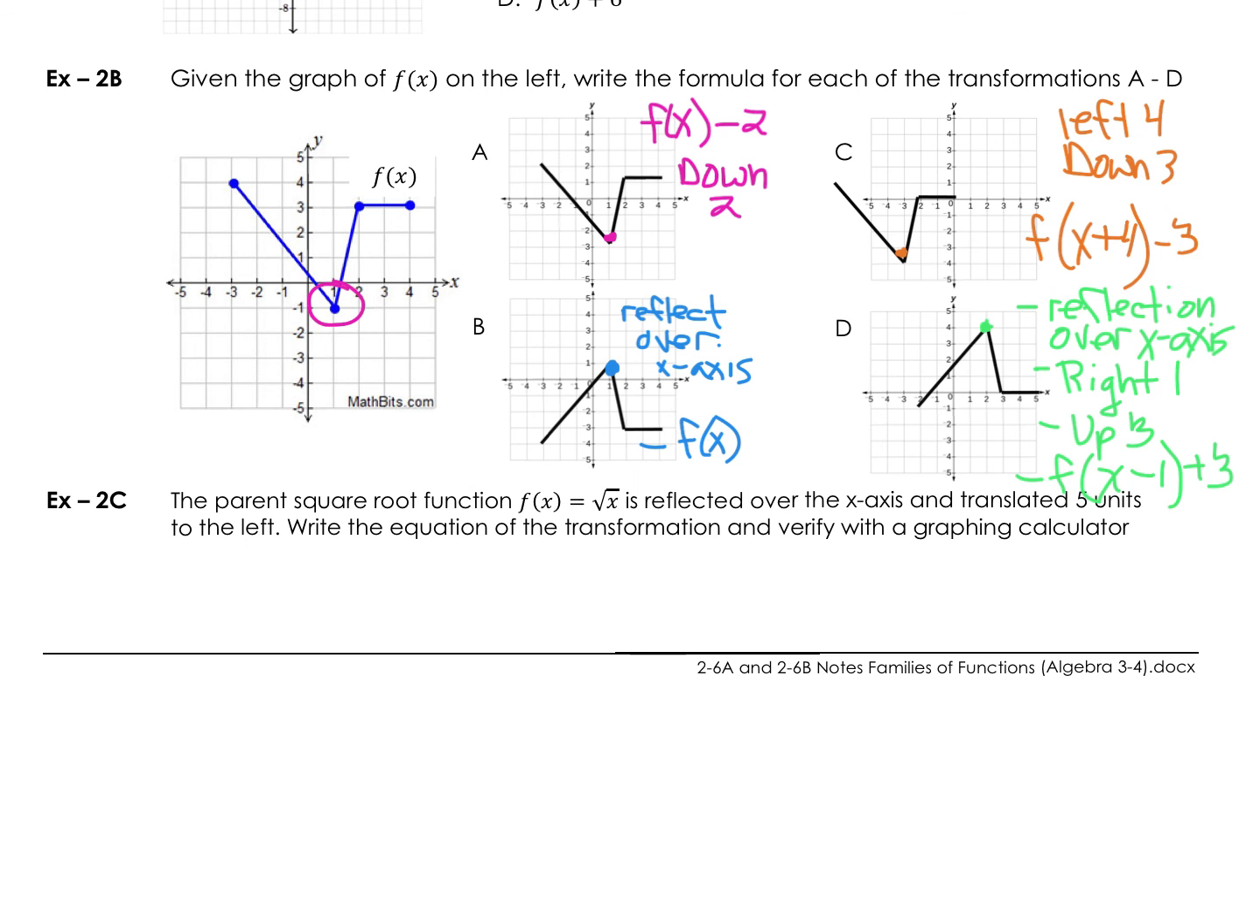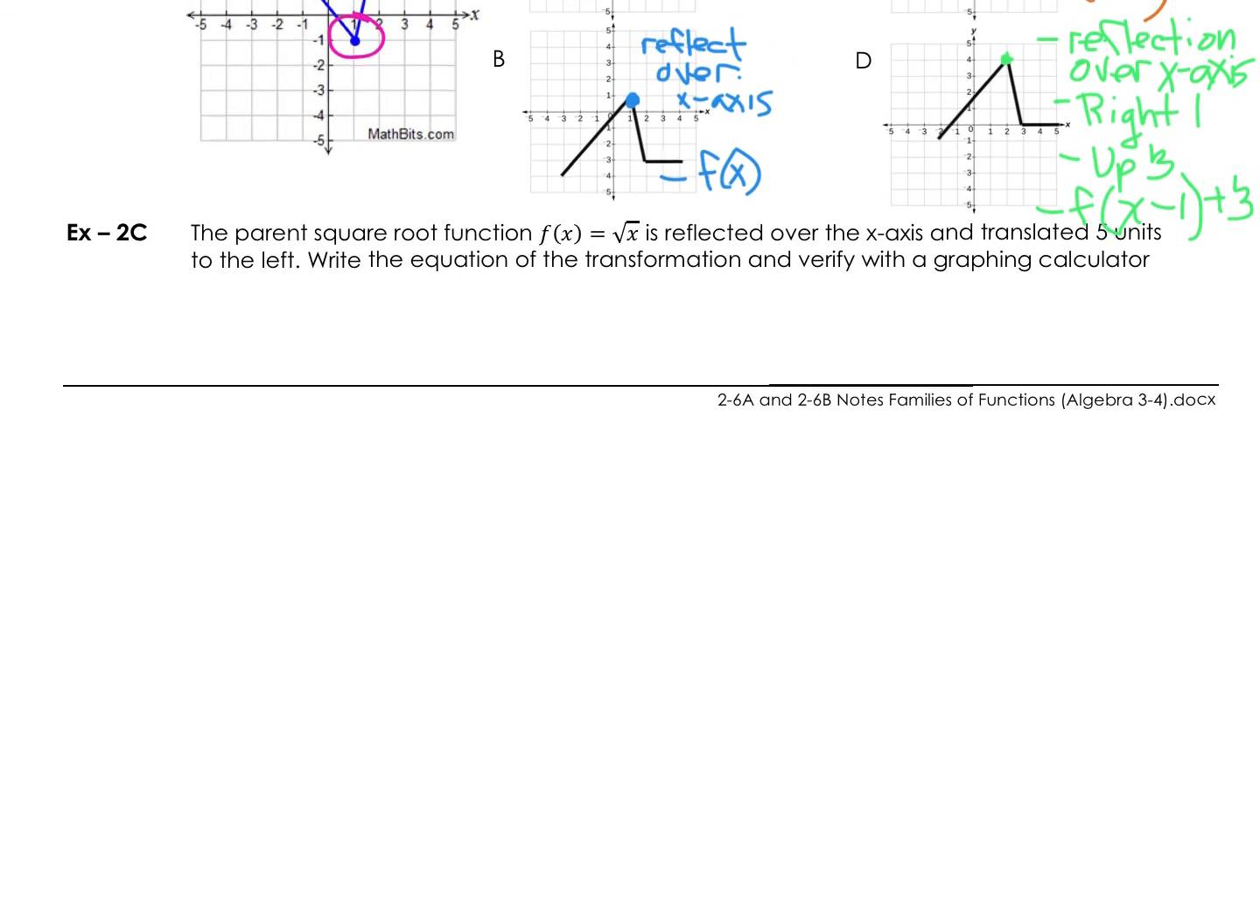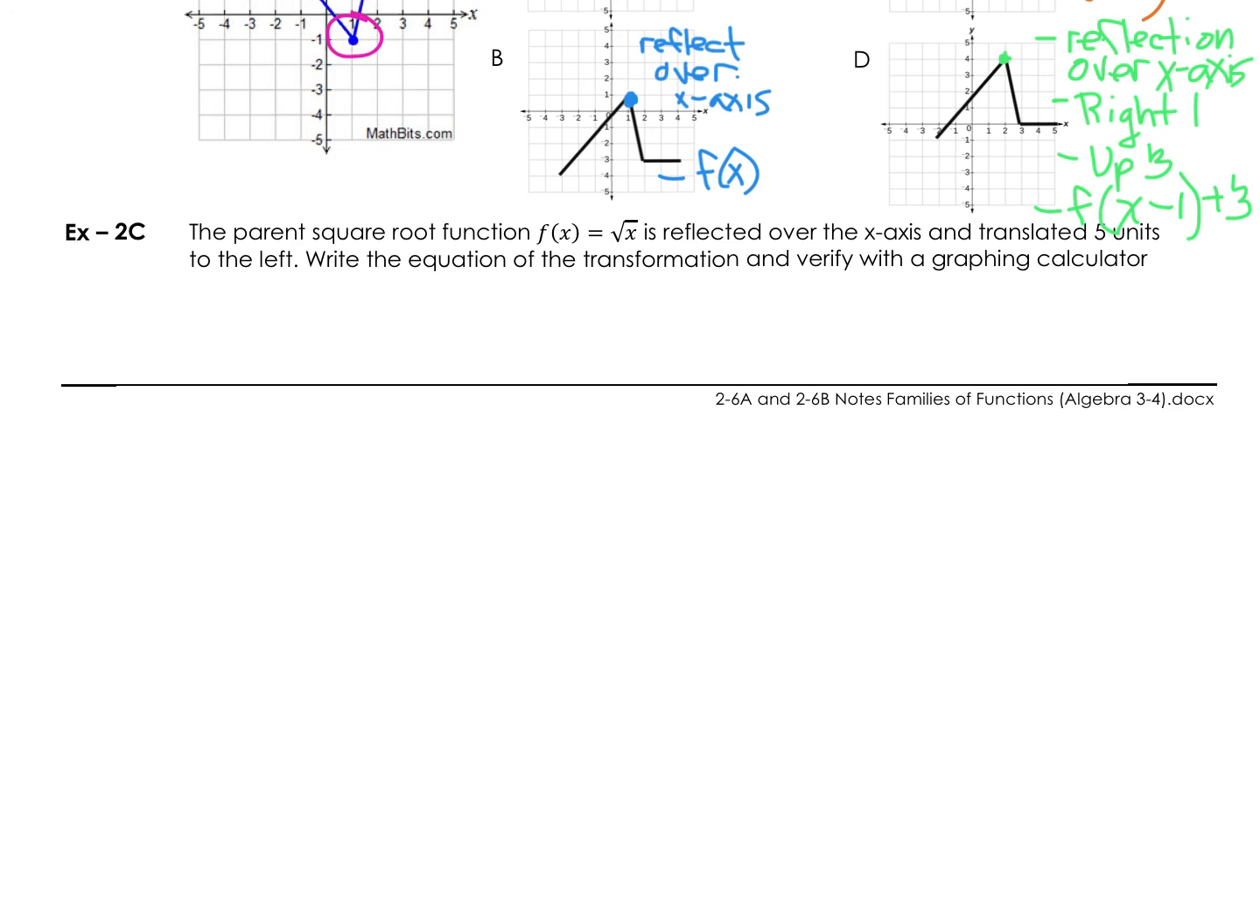And then finally, we have just words, no graph, and they are telling you that your parent function is the square root function right here. And they give you the function. So we're not going to use f of x, we're going to use f of x equals this. And so the first translation that they give you is that it is reflected over the x-axis. So a reflection over the x-axis means you are going to multiply by a negative outside the function. So let's start with f of x